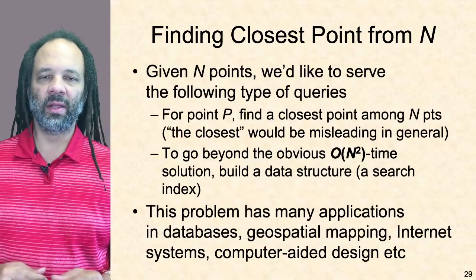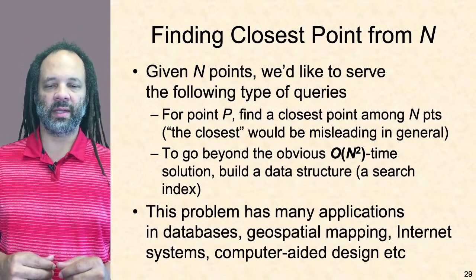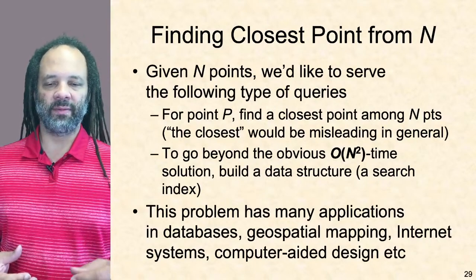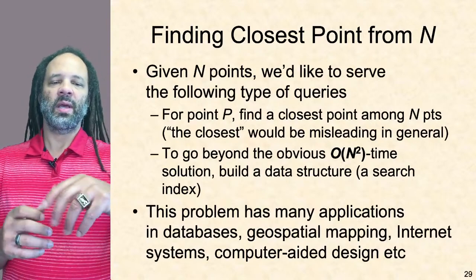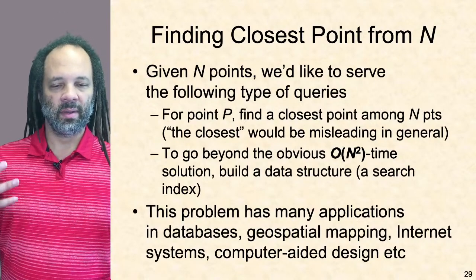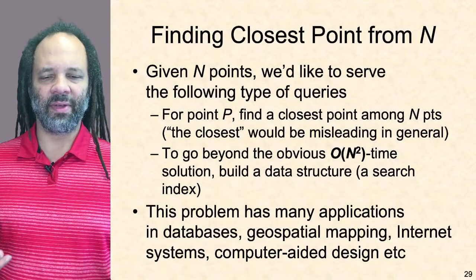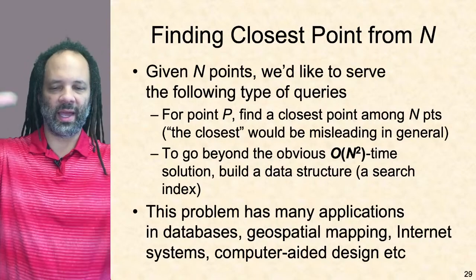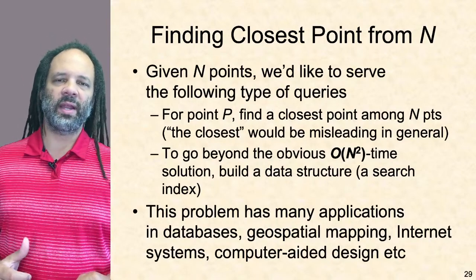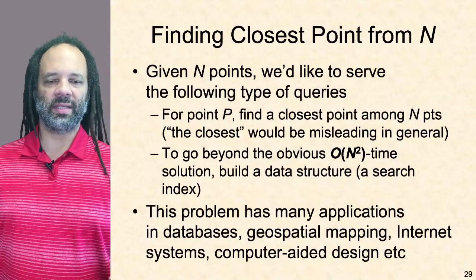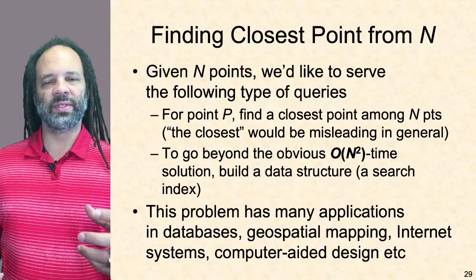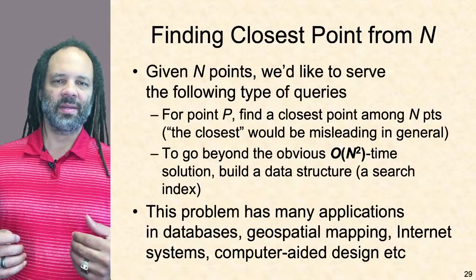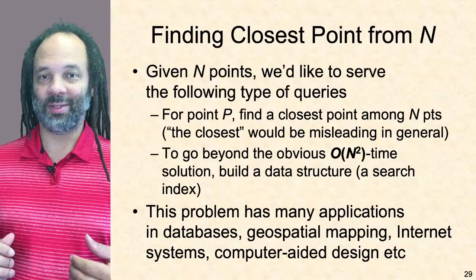How about finding the closest point from n? We'd like to serve this up for a bunch of queries in the future, right? For some point, find the closest point among n other points. It would be sort of misleading if I thought about that in general, but I'm looking for the closest point from a collection of them. So if we're trying to do better than the obvious, which is just this n squared thing, we build some search index. And this should be bringing back some painful Project 3 memories, but